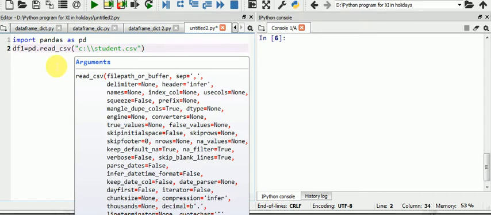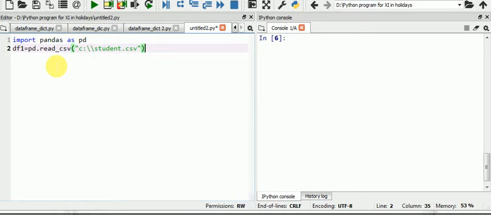If that file is stored in any folder, then you can give the folder name here, like I am giving school, then slash, this. Whatever the location is, you can assign here. And always remember, you have to use slash here.